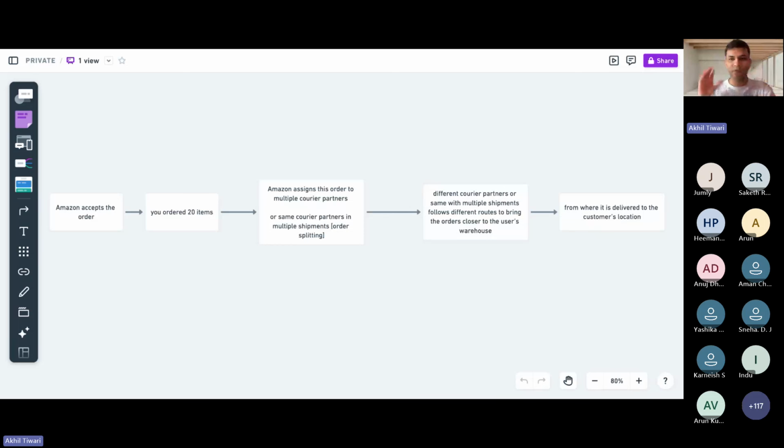And I'm sure many of you would be thinking, why has Akhil suddenly jumped from explaining tech to explaining how shipment or logistics works? So hold on for a minute. I think it'll be clear. Explaining this is going to be extremely helpful for you to understand how internet works, right? So let's say as a user you've placed an order of 20 items with Amazon,